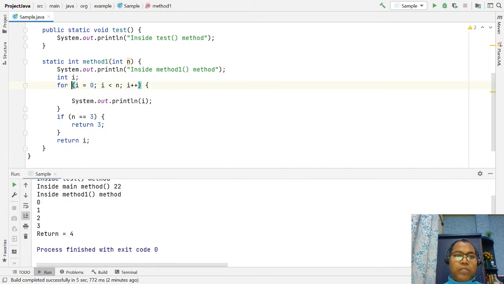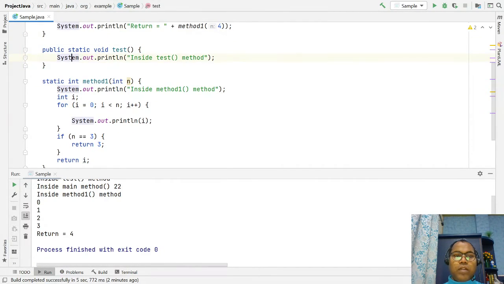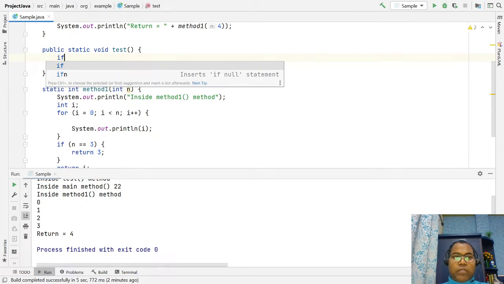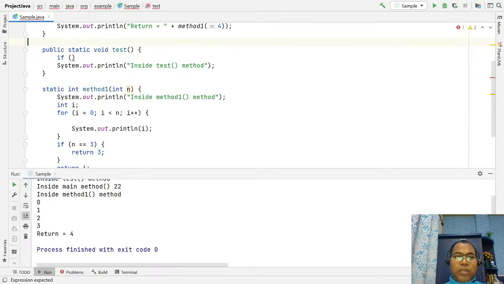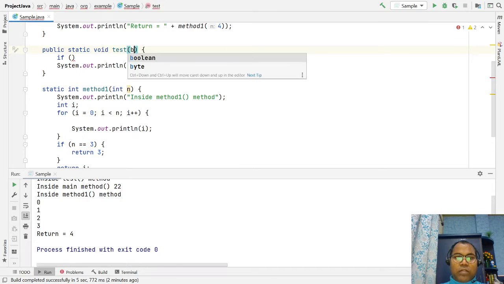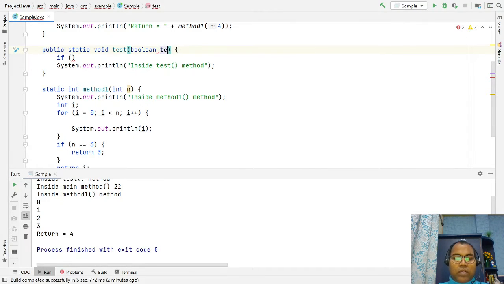But if your method is like this test method with a condition, if you pass any boolean test, and if test equals true, then you return. So you have an option.